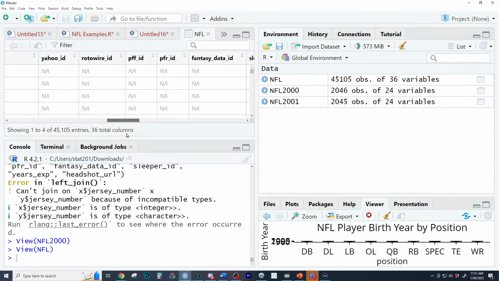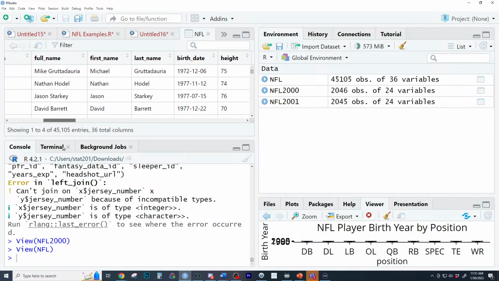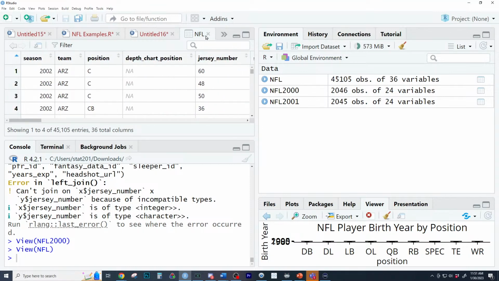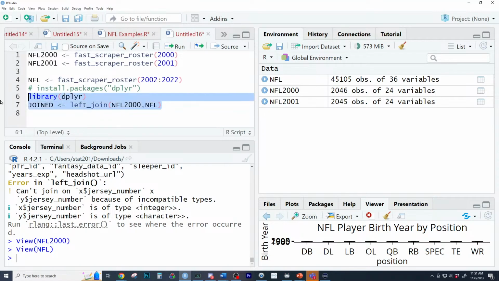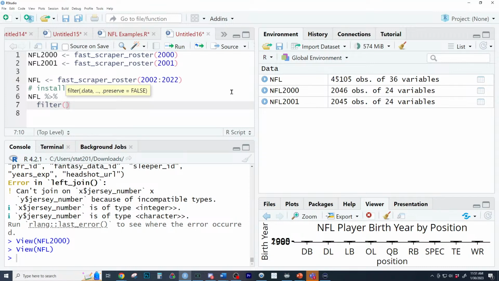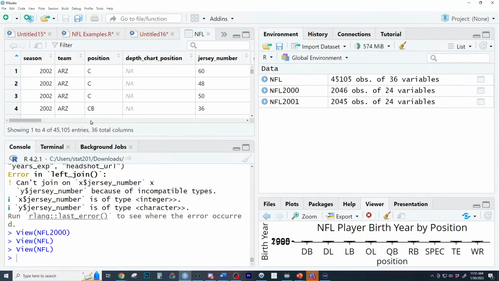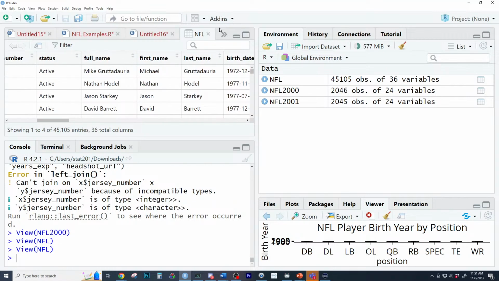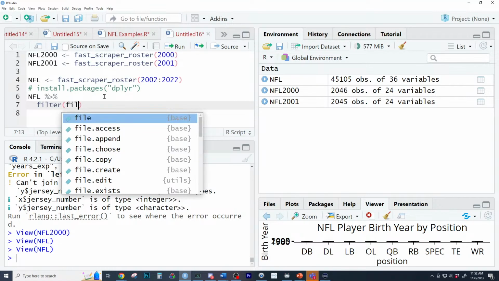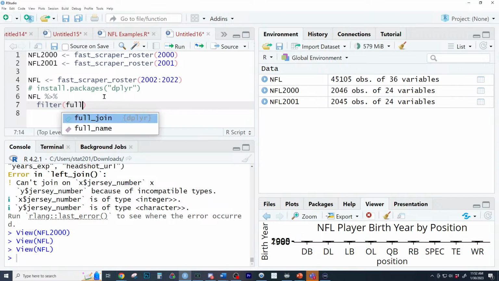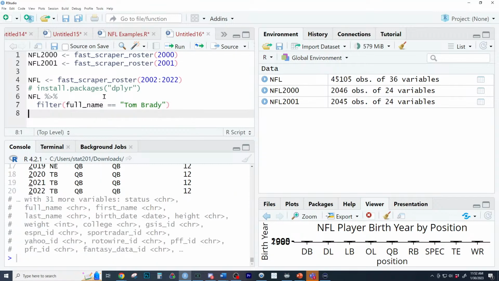Well, let's get just our Brady data set first. Let's get just Tom Brady here. So we need to go to NFL, pipe through. Pipe is an option of dplyr to do something. We're going to go to filter and player, I believe. No, where is it? Is it not player? Is it name? Full name. We need to go to full name, full name